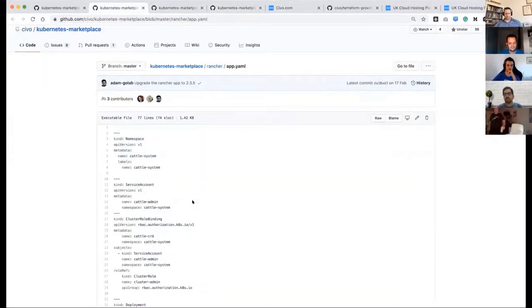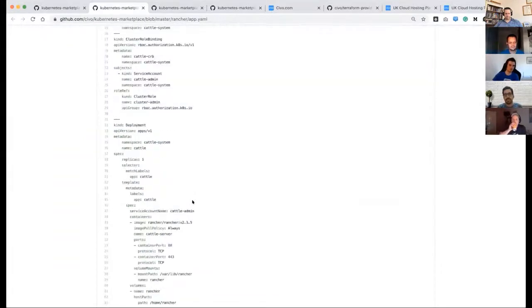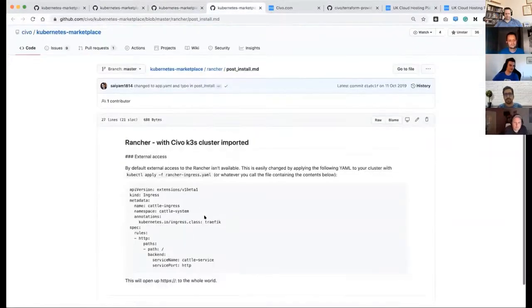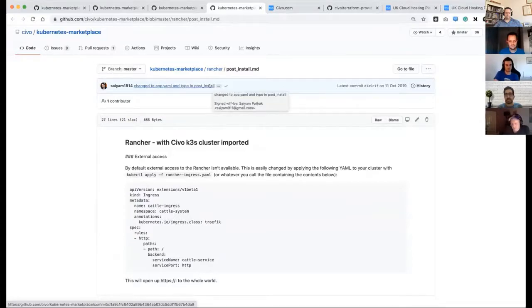This will be the actual application that you want to deploy: the application namespace, the role bindings, the roles, the secrets that you want to apply, and the deployment or daemon set that has to be deployed across the cluster. After this, if there are any post steps, like if an ingress has to be created, or any node port service or cluster IP, you can do all those things in the post install YAML. That's how simple it is. So if you are using some application which is not there right now on CVO, you can immediately go ahead and contribute it and make your name in the contribution list.